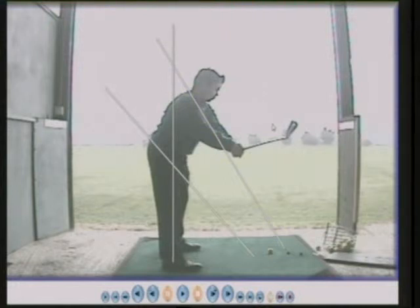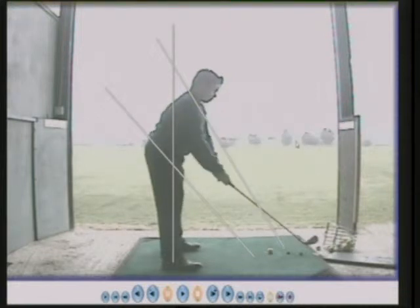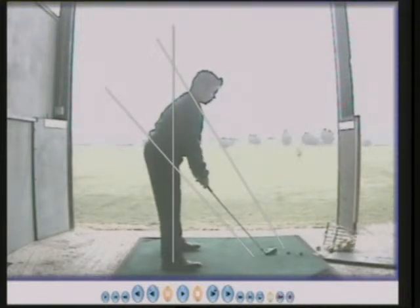Now that is a long way out. Don't forget he's only 12, handicap 18, so already a fairly competent golfer. But look at that takeaway. Club head at address is in between these 2 lines, and the club head needs to stay in between these 2 lines virtually all the way up and all the way down